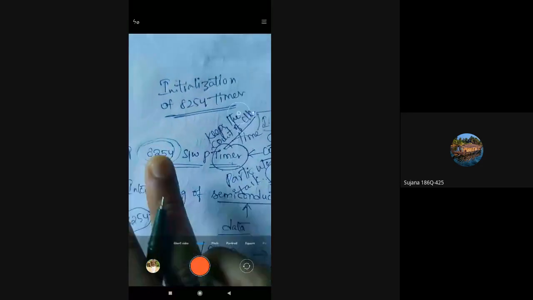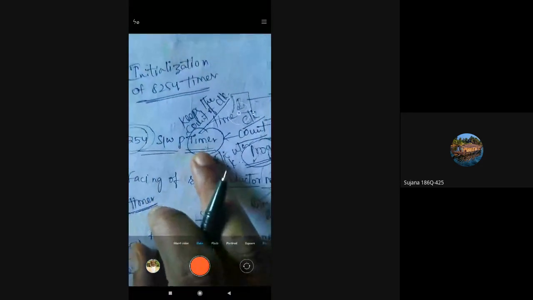Here your topic is the 8254 software programmable timer. The programming of this timer we will see in the next class.